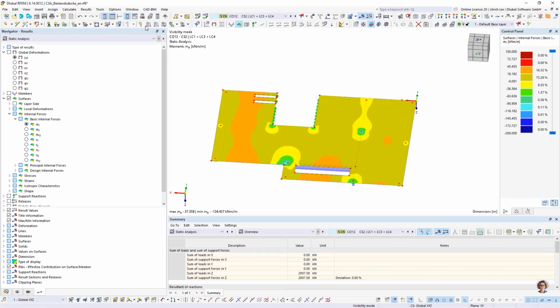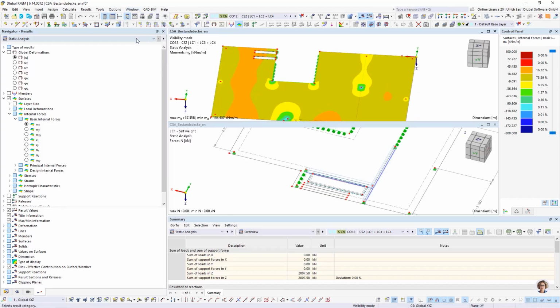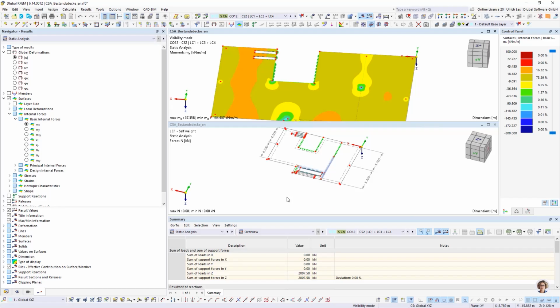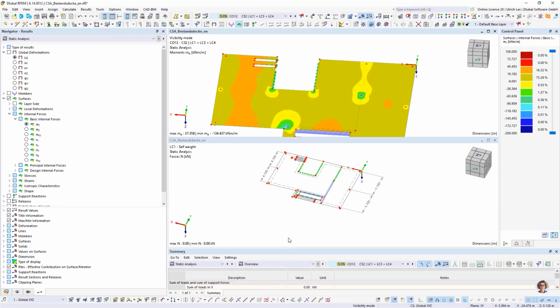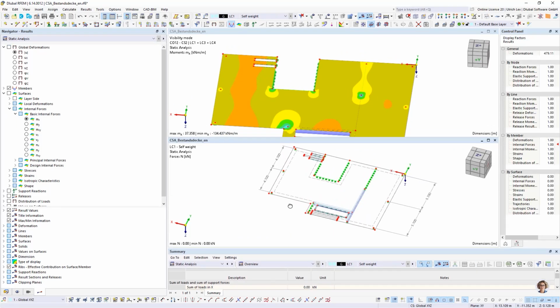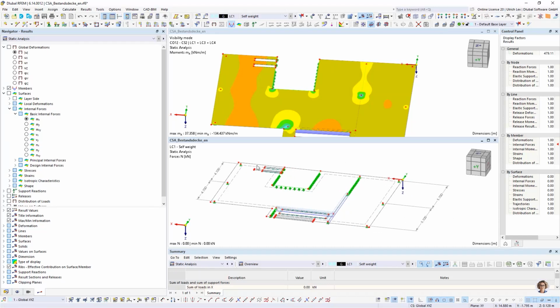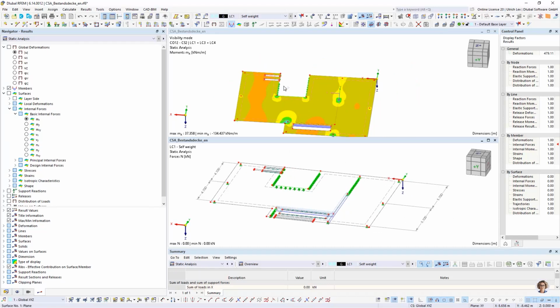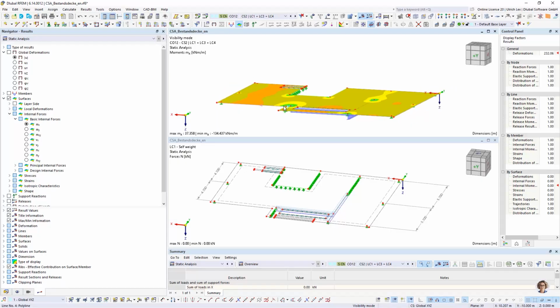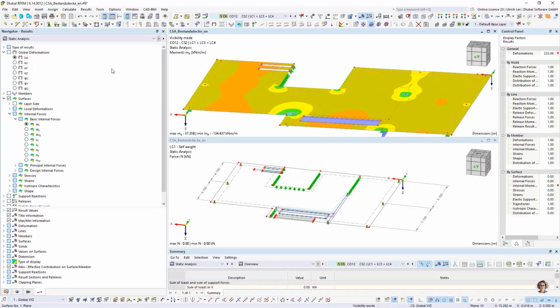Maybe this is possible when you create a new window and say, okay, you want to see both together. Then on the one side you can activate the results for maybe